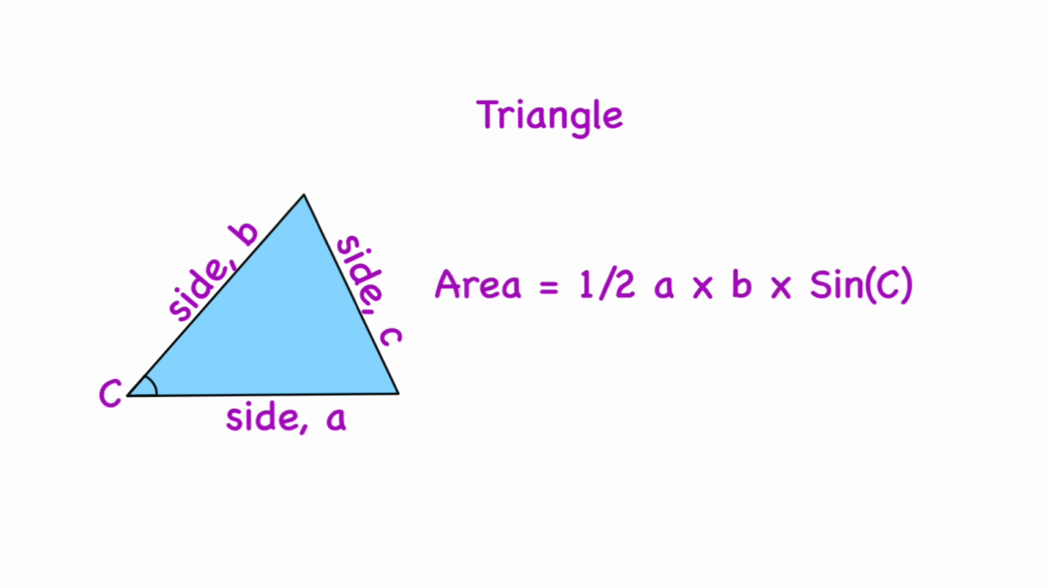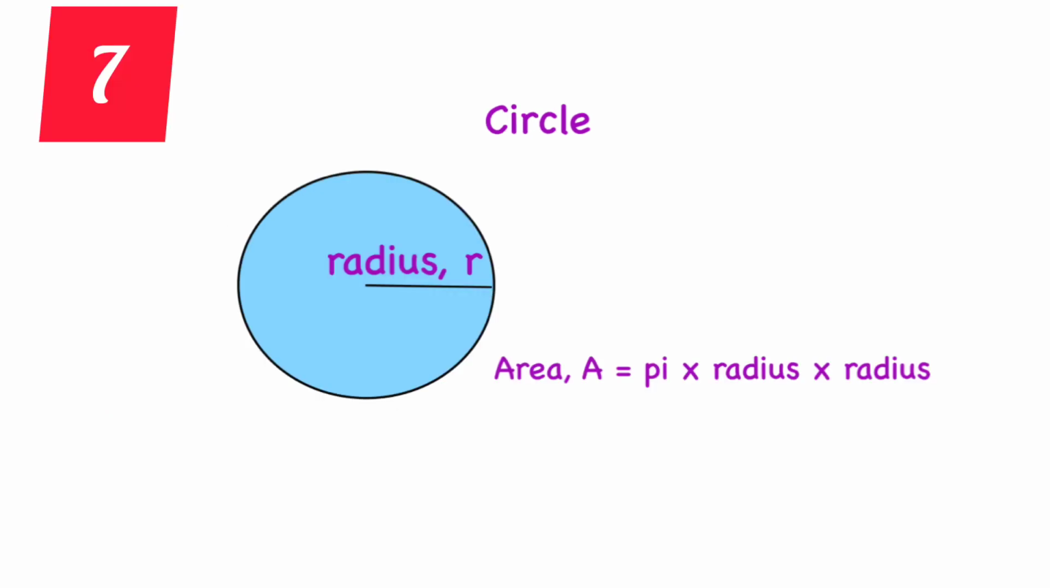If the lengths of two sides of a triangle, and the angle between the sides, are given, the area of the triangle is half of the product of the lengths and the sine of the angle. The area of a circle is pi multiplied by the radius squared. Pi is a constant, which is the ratio of circumference to diameter of any circle, and is approximately equal to